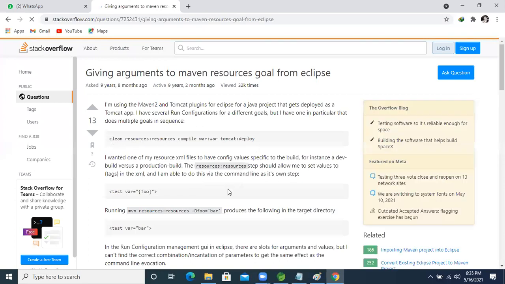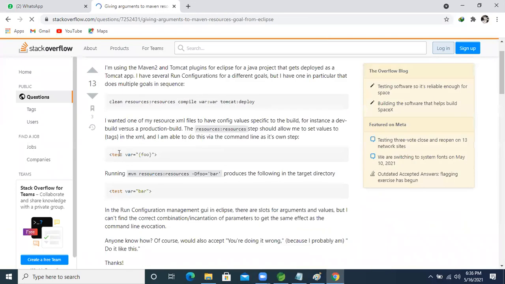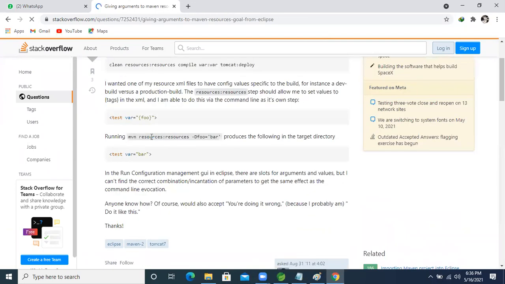Compiler, war, deployed. Okay, so fine now. This runs Maven resource, colon, what is that? Resource war. Okay.